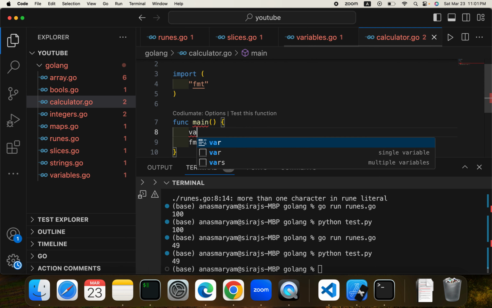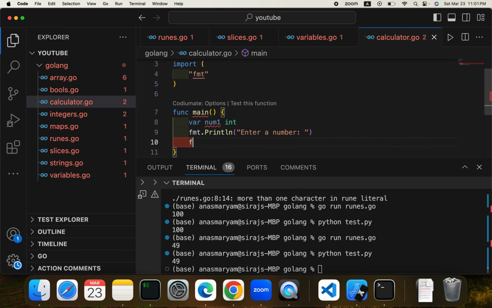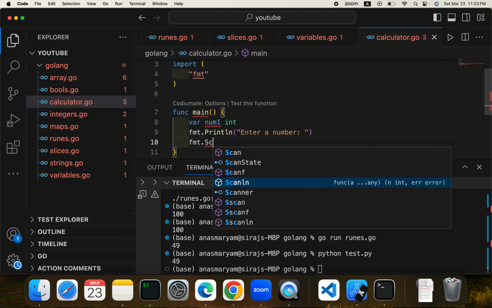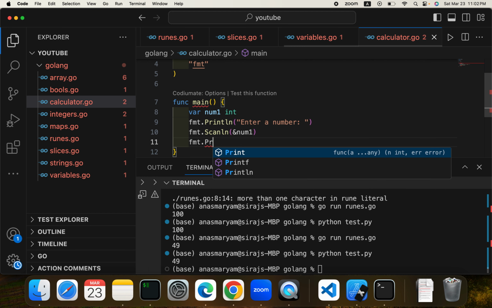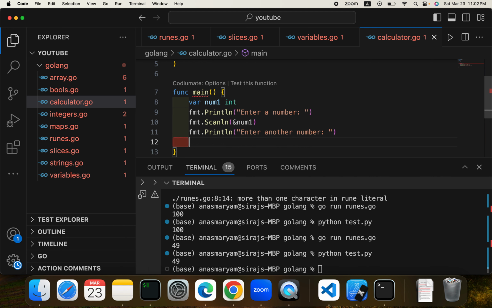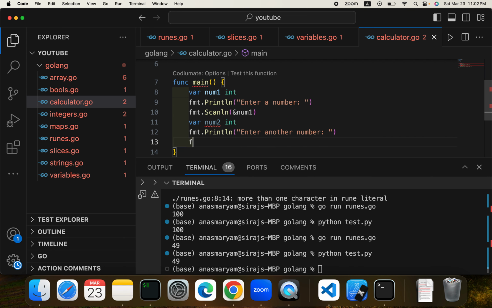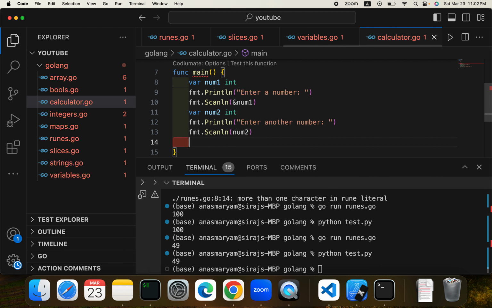Now, var num1 is going to be an integer, and then type in fmt.Scanln and &num1. fmt.Println, enter another number, and then I forgot to add this one here, var num2 is an integer, and then fmt.Scanln &num2, and then